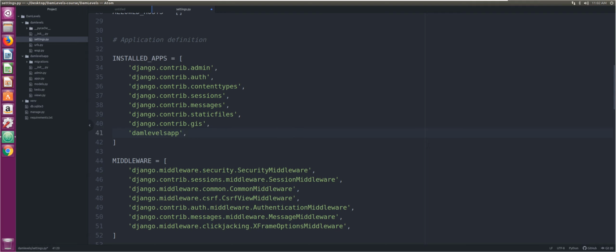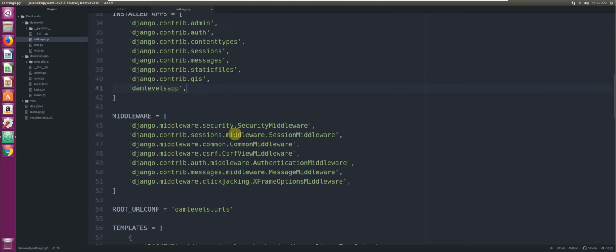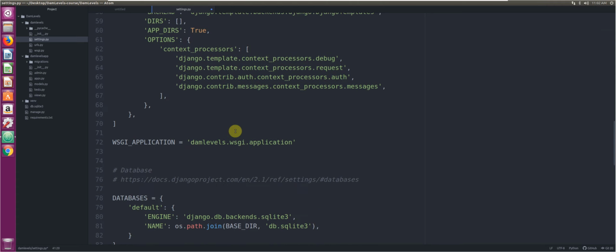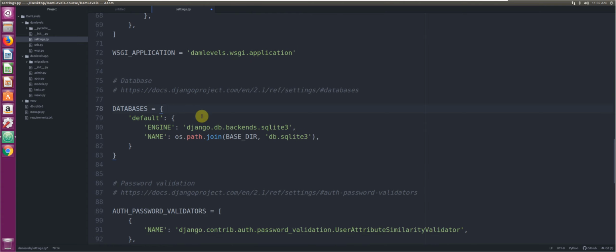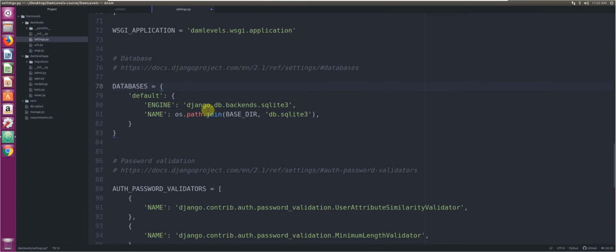Okay, so once we've done that, the next thing that we're going to do is edit our database configuration. Here we are. The first thing that we're going to be doing is changing our engine property to point to PostGIS instead of SQLite 3. Then the next thing I'm going to do is add the name of our database